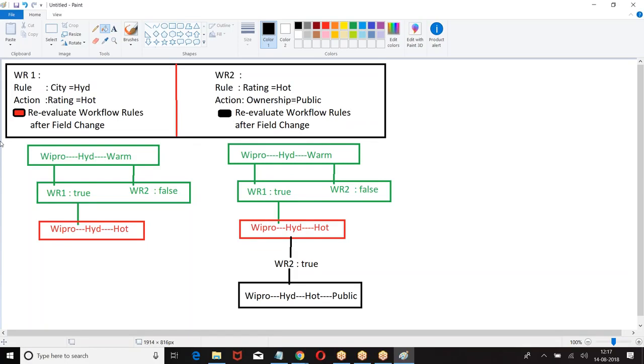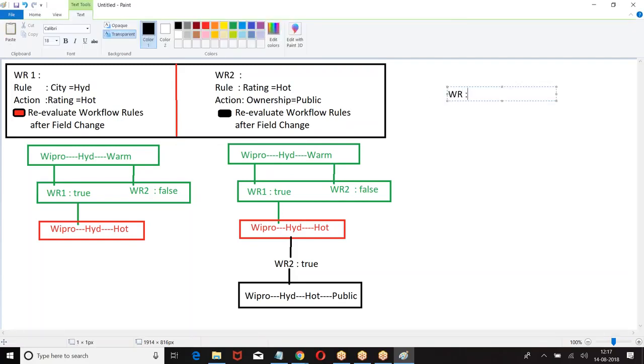See, it's simple, you are making a khichdi. I'll make it a very simple funda. If a workflow rule is there, and it is set to re-evaluate, if that rule is true and it has modified the value of the field, then you will check all the rules which are failed. That's all, as simple as that. If my rule is true and I am making any changes on the record, then it will recheck all the remaining rules which are failed once again. Now ask your question.